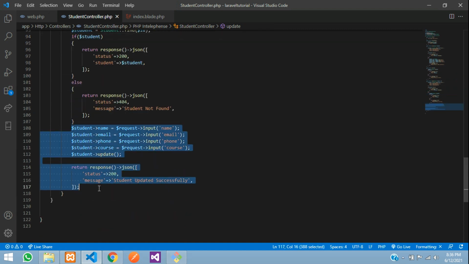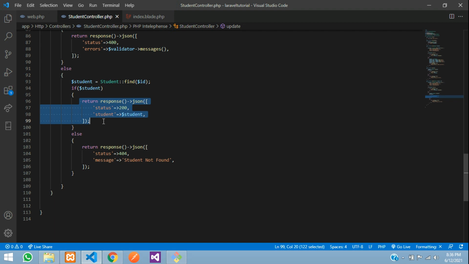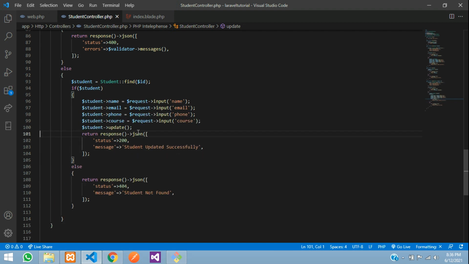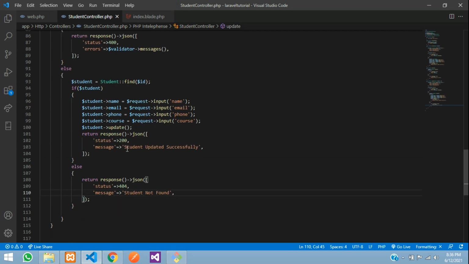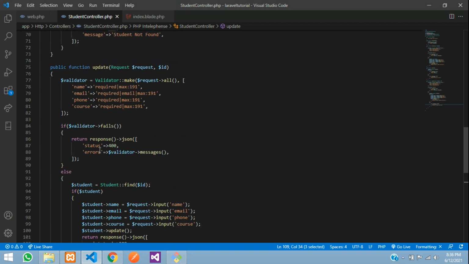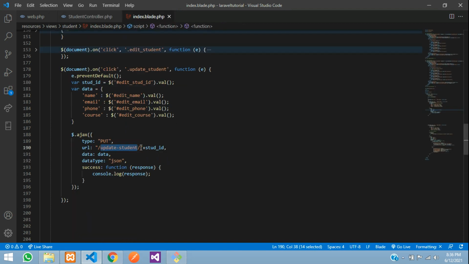So let's cut this, Control X, and paste over here. Perfect. So updated successfully, student not found. Done guys. So let's get back and check the condition. Updated means it is 200, not found means 404, and the validation is called as error. Perfect. So let's get back to our jQuery.